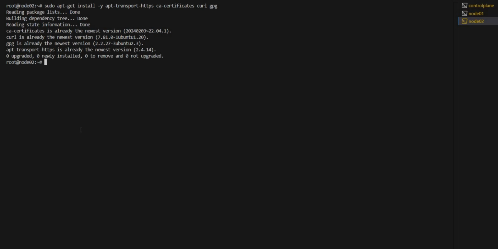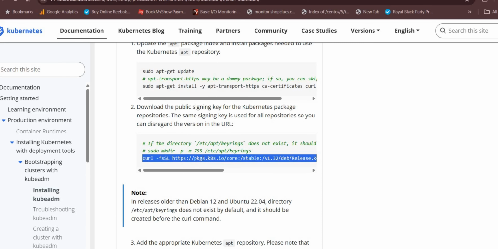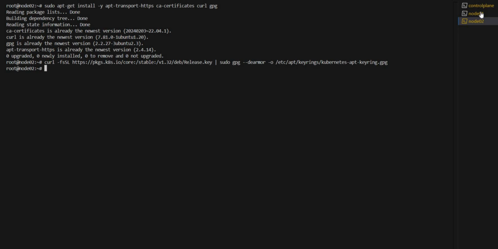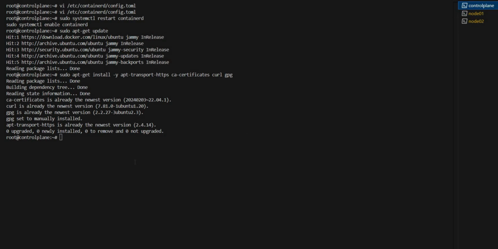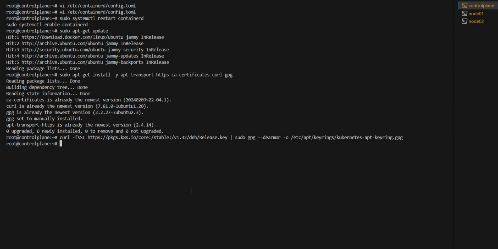You have to run this command. So basically you have to run this command in all the three machines. I am not showing you by running this, but you have to run in all the three machines. Now this is the public signing key. So just copy this and run in all the machines. Next step is to add the Kubernetes apt repository. So again go to copy and